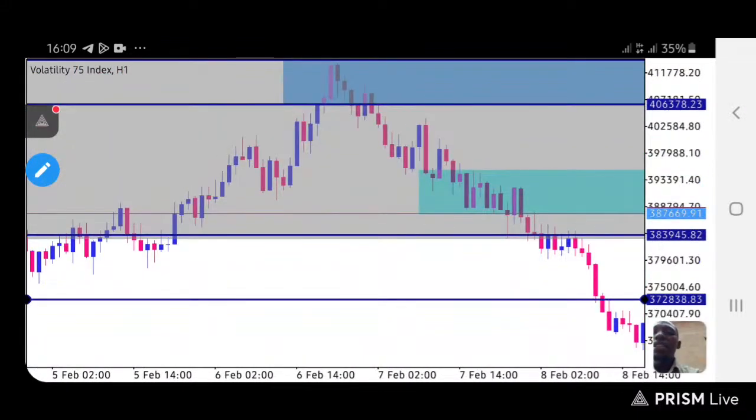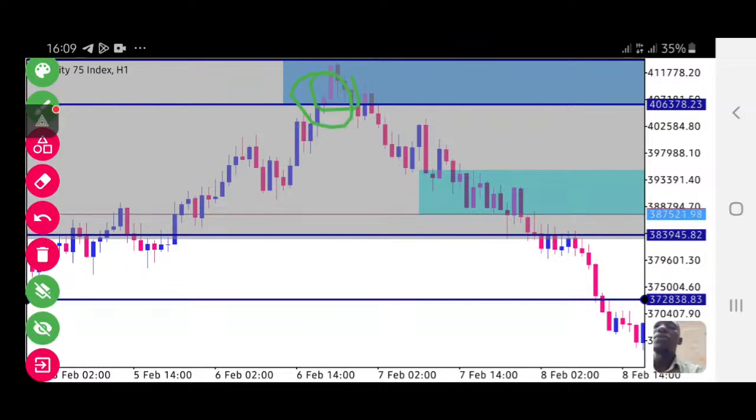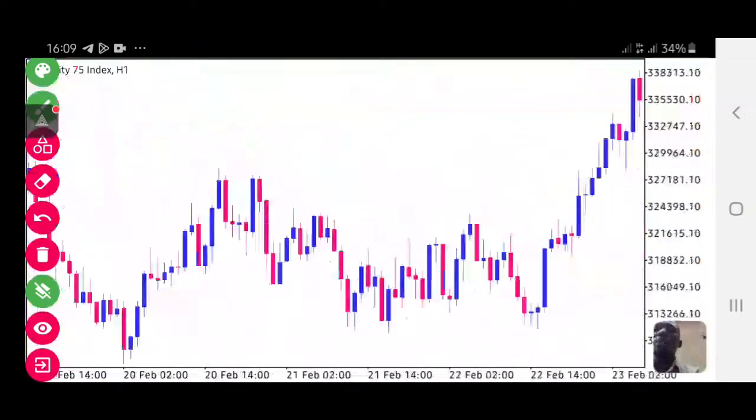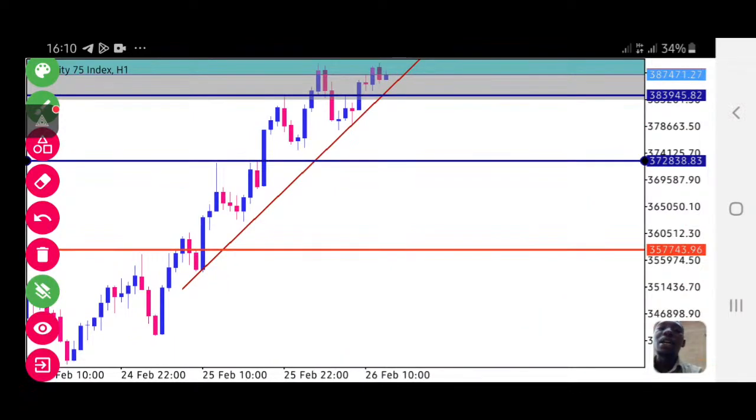So if the market fails, we have to wait at the last leg when it started to drop down. Where did the power start from? It started around this area. If the market fails to do what we want here, we shall wait for it to reach 63.78.23. It's where we're going to wait for the market to reach, and we see how it will react, guys. And another thing, guys, if the market breaks the trend line before it hits here, we shall also shoot it down, and make sure to expect that even if the market reverses here, keep it in mind, it still has the opportunity to come and do like this.